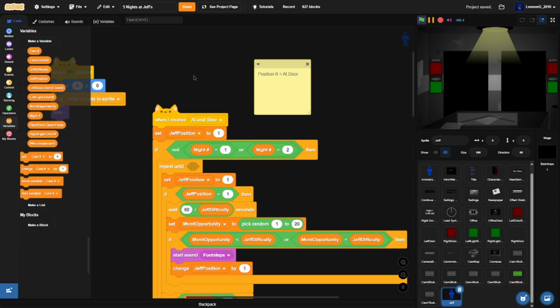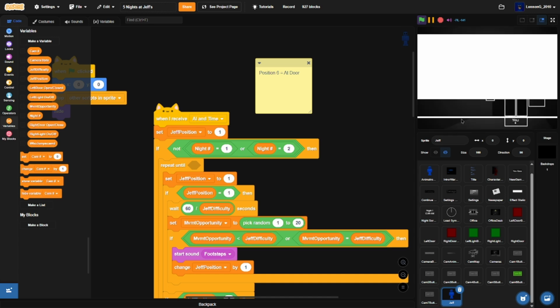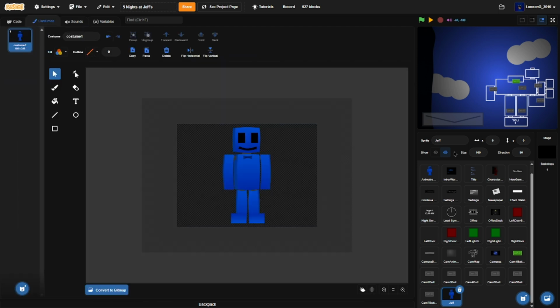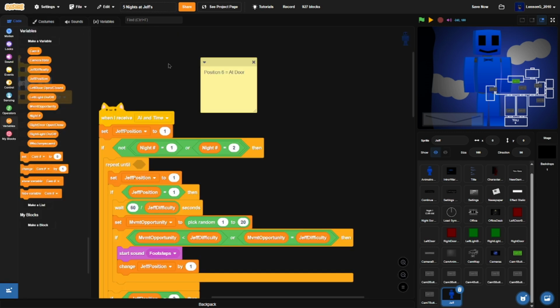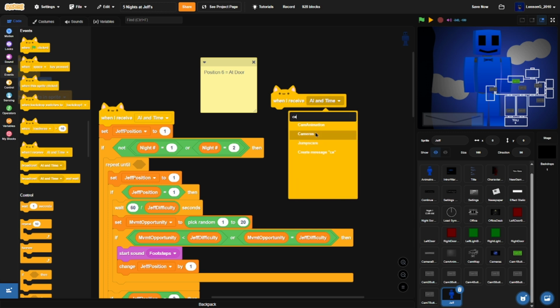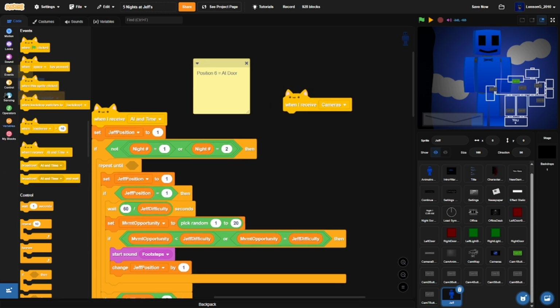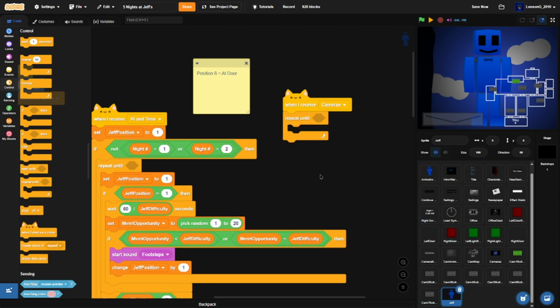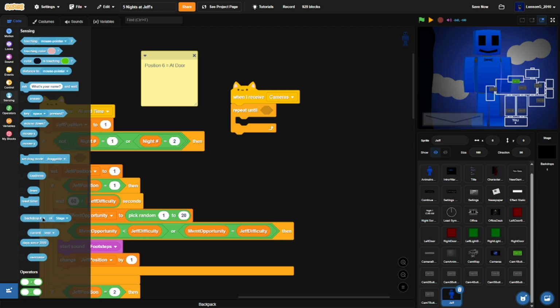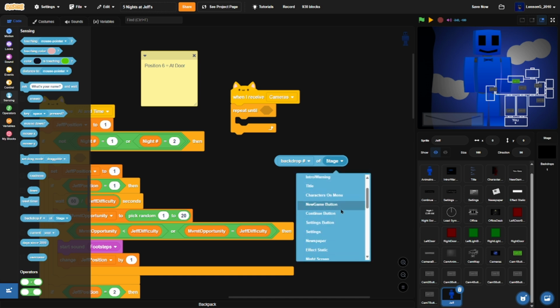It's not that hard. So what we're going to do now is set up Jeff going through the cameras. So I'm going to go to my costumes and I'm going to show him. I'm going to go to events. When I receive cameras, then we're going to go to control, repeat until. We're going to go to sensing, grab this backdrop of stage block right here, click stage, go into your cameras,